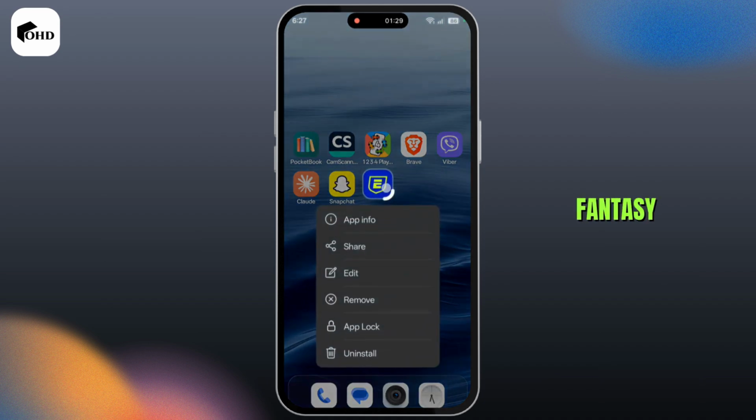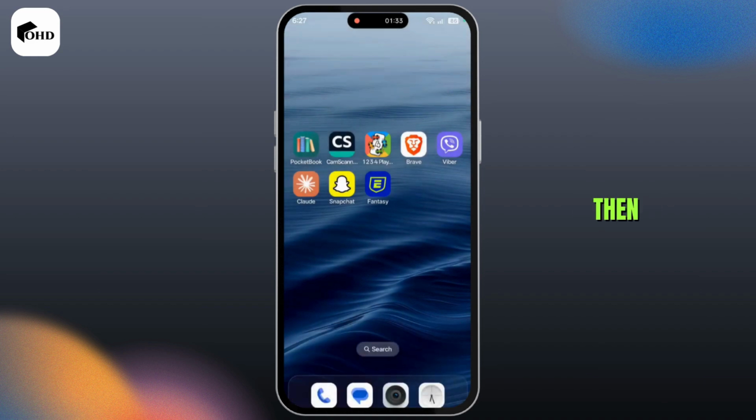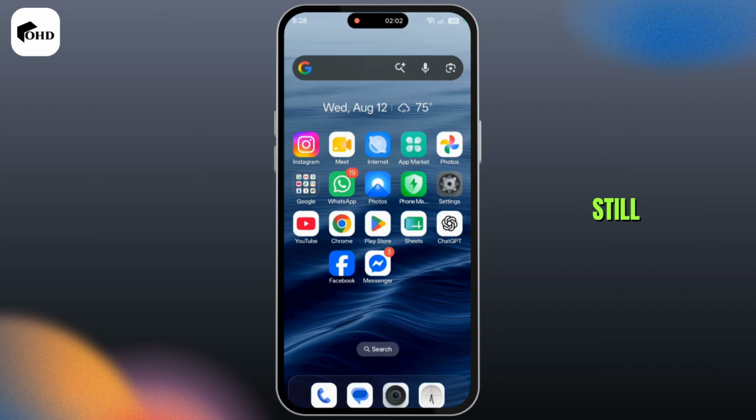press and hold on to the Fantasy app icon. Click on Uninstall, then confirm it. Then try downloading it again and log in again. And if it's still not working, then try logging in and using it from web browser or through a different